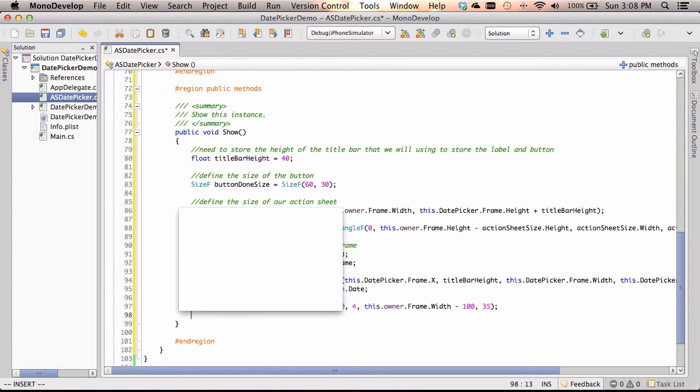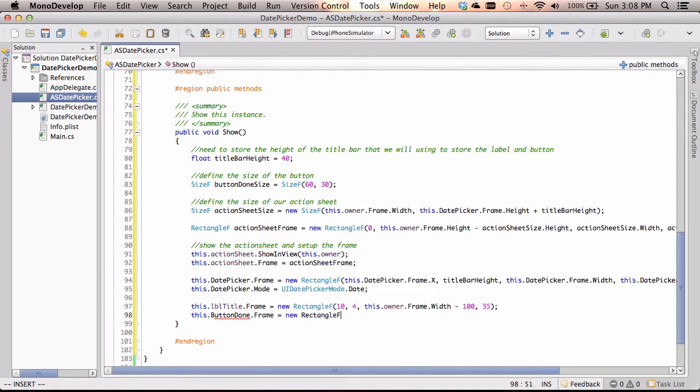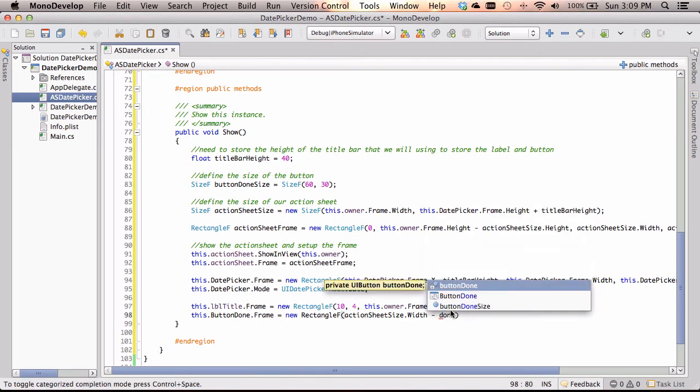And then we just need to make the frame for the button also. So this button done dot frame equals new rectangle. And we're going to make this one the action sheet size width, and we're going to also subtract that from the done button's size width. So if you think about that for a second, kind of makes sense. We have to watch how big we're making that button so that the frame isn't too big. So we're going to say done button done,